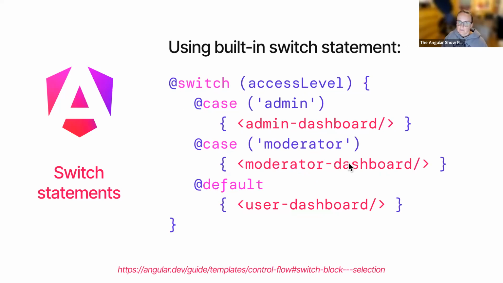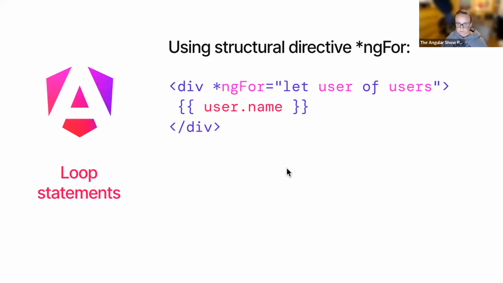In the new built-in switch case statement, the syntax will look more like this, where we will still evaluate the property, have the case laid out here with curly braces, a little more like JavaScript itself. And then inside the curly braces, it'll say what element gets rendered to the page.